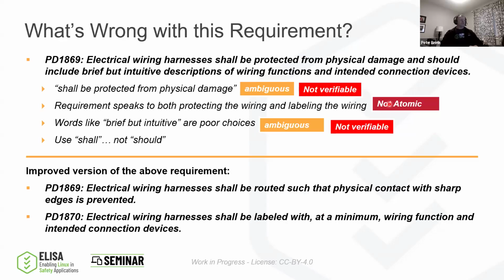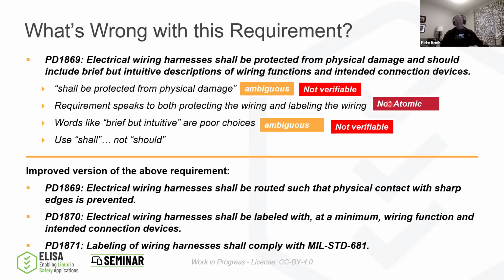So to improve it, we've written 3 requirements that satisfy all of it. The last one, I looked up what MIL Standard 681 is, and it's a color coding scheme that specifies how you should wire the wiring harness so that it complies with this. It becomes obvious, for somebody who knows the color scheme or has a chart, how to go through and interpret what the signals actually are.